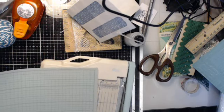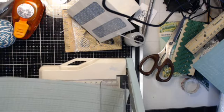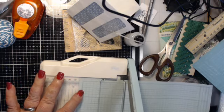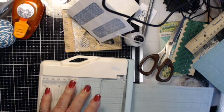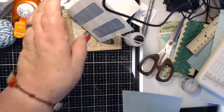Okay, now. So I'm going to cut this at 3 and a little bit less than 3/4. 3 and these 2 lines here before 3/4. Now I'm going to slide that